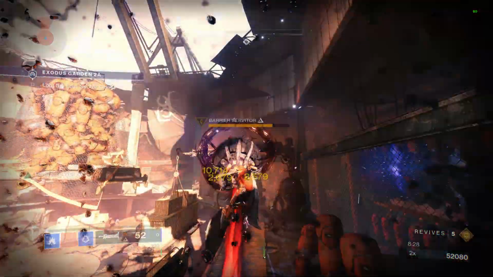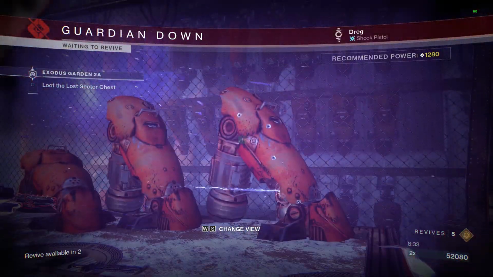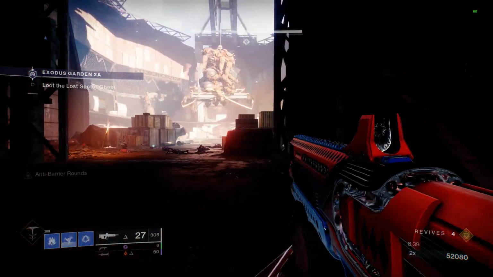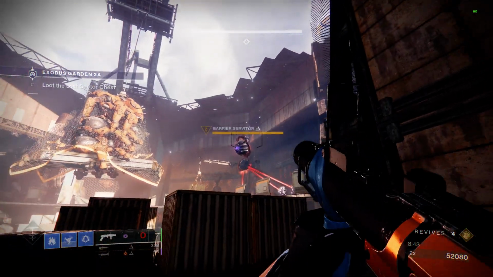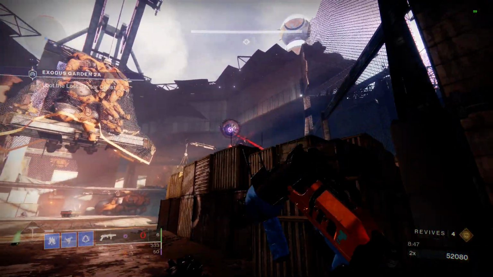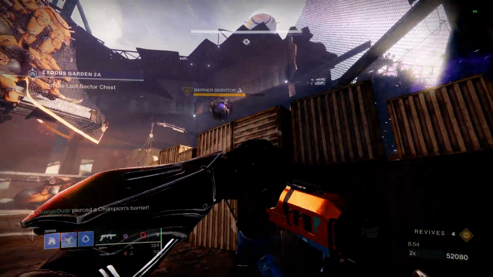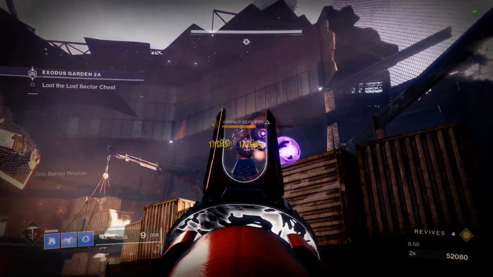And oh, okay, because I didn't freeze these guys, actually. Because I didn't freeze the champions, I didn't actually lose the immunity for the enemies around it. So I might actually have to take these guys out the hard way. So if this happens, if this is what your pulse rifle is for, or whatever you're using to stun the champions in the boss room,